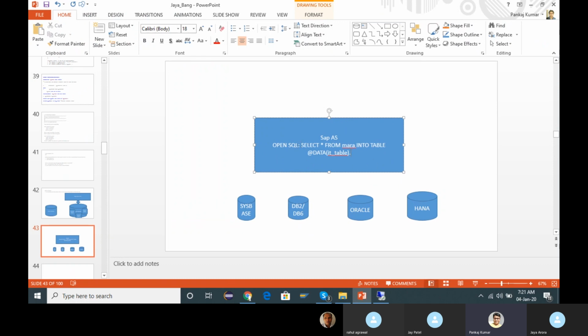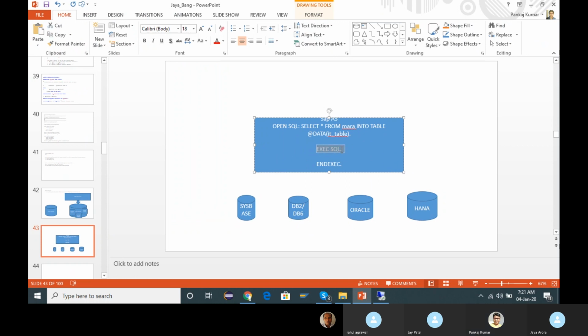And native SQL, if we're going to write the native SQL at ABAP layer between exec SQL and end exec, already we have discussed in detail. Okay, just for jamming, I'm just discussing a little bit about this.